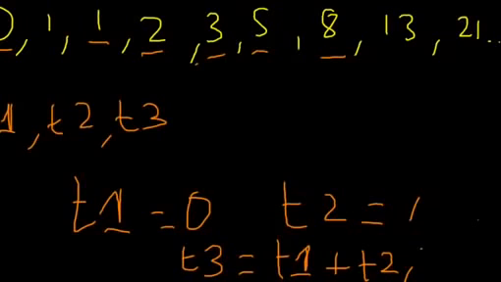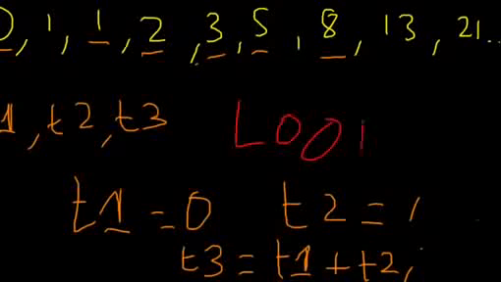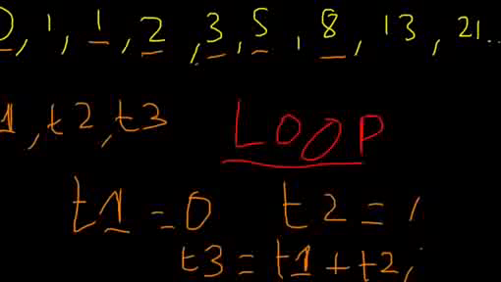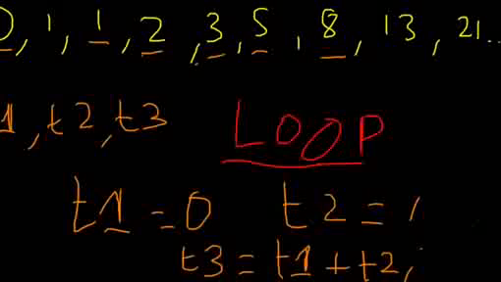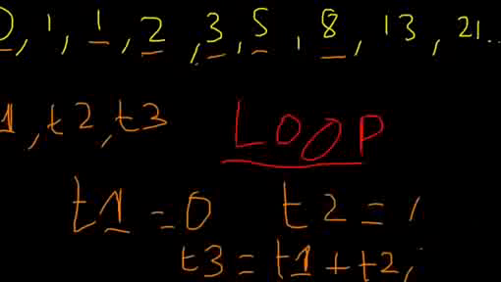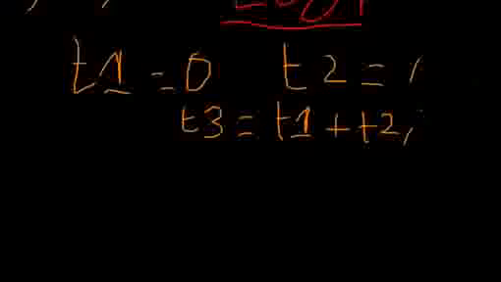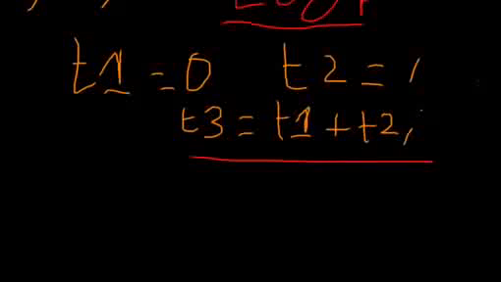But if you want to repeat something, what do we use? We use a loop. We always use a loop when we want to repeat something, say a while loop or a for loop, whatever you want. So even this time you use a loop. Let's say you loop 15 or 20 times. You have a for loop that goes 20 times, and inside that for loop you have T3 set to T1 plus T2,